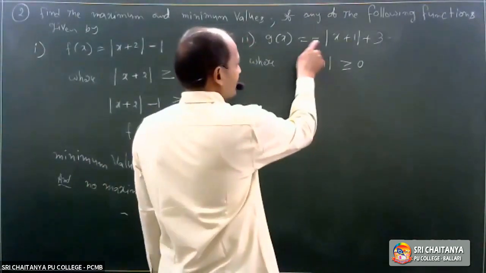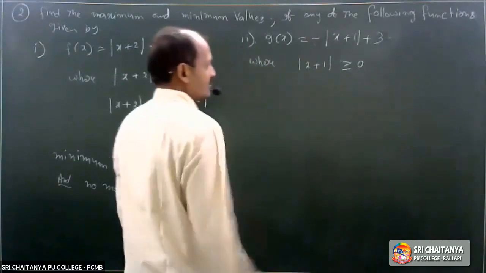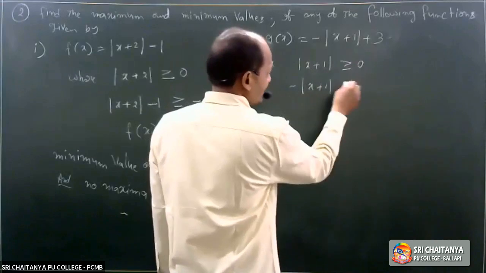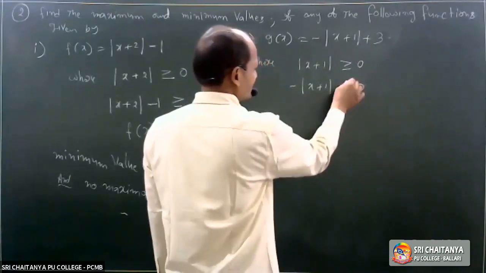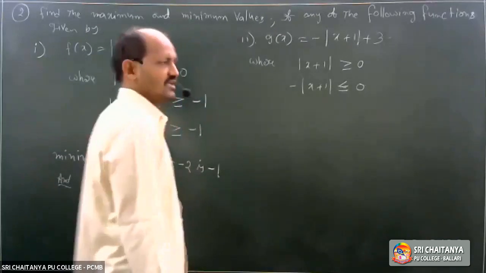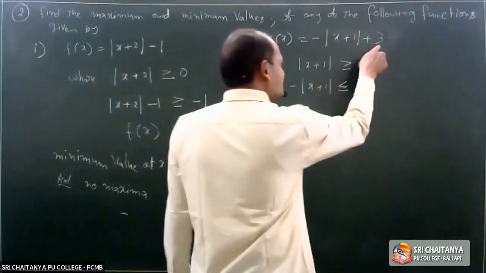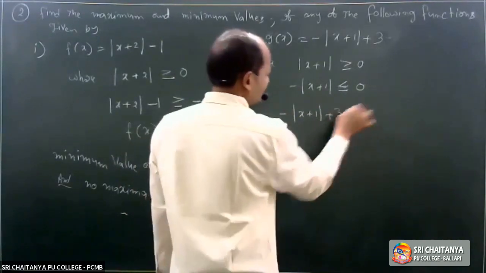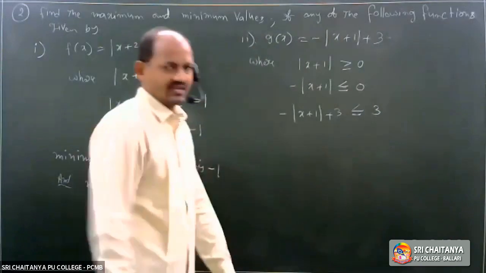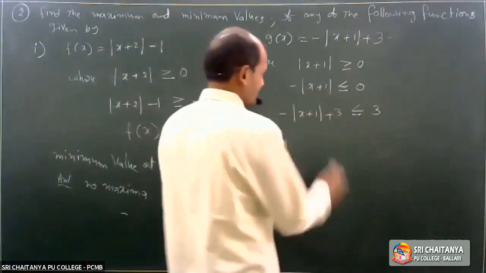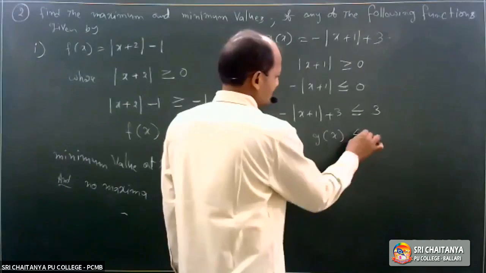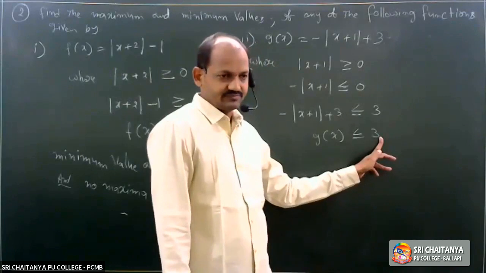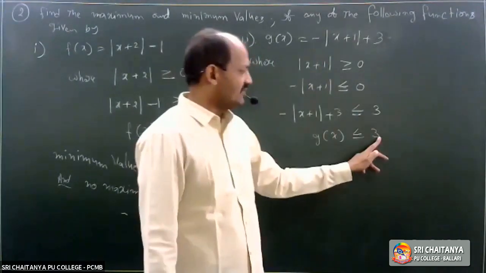But here it is given minus of mod, so minus mod x plus 1. The greater than changes to less than. And since plus 3 is also given, minus mod x plus 1 plus 3 is less than or equal to 3. So clearly g of x is less than or equal to 3, which means it has a maximum value. This function has maximum value 3